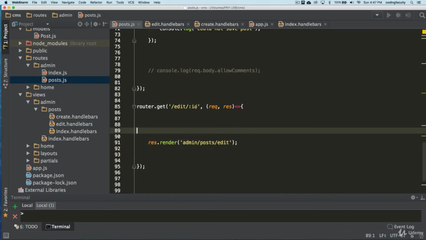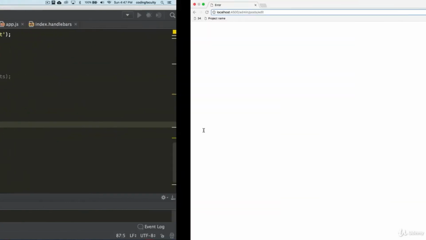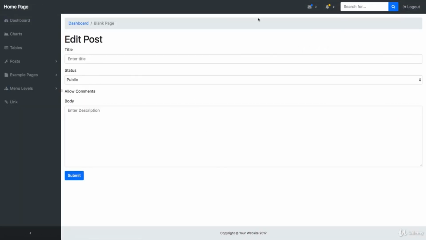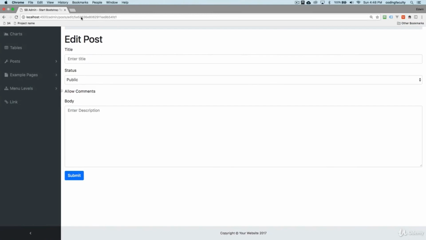Our routes actually need to get an ID, and we're not giving it an ID, right? Let me see something right here. Edit, we're supposed to see the edit form. Let's come back here. Now we click here, we should see that edit form, right? And we are seeing it. Great. So now that we have that in the URL here, you see it.